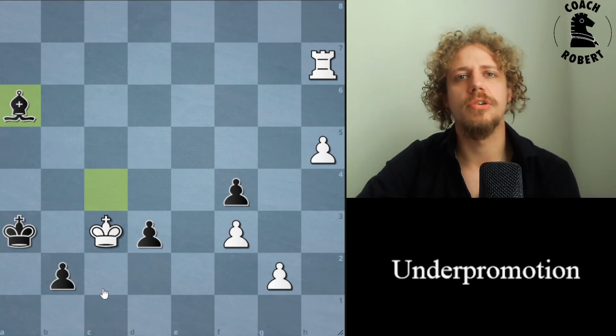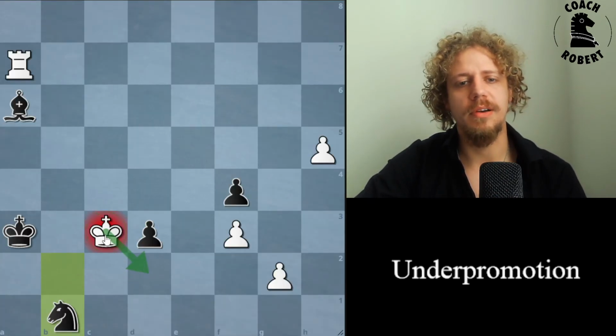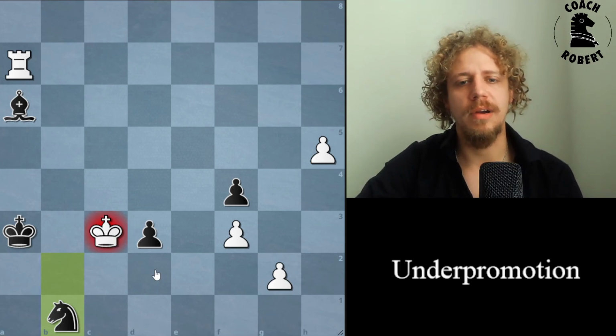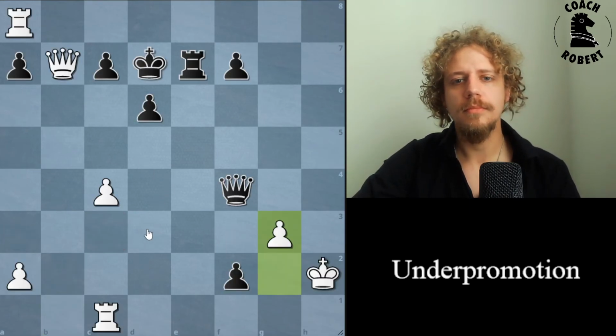This is also an example of controlling key squares, because when the knight promotes, it controls the square in front of the pawn, which is usually the best place to blockade and corral the pawn from. So a little bit of a complex example here. Okay,